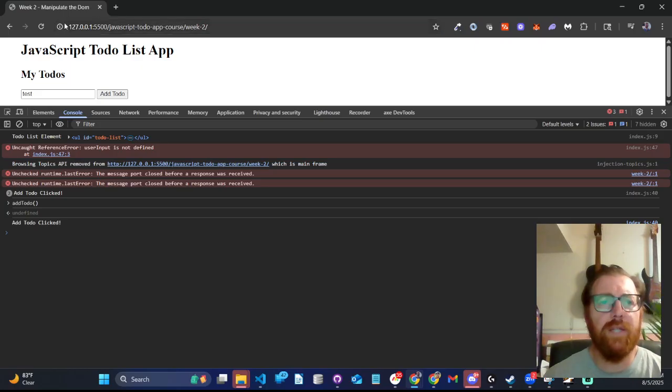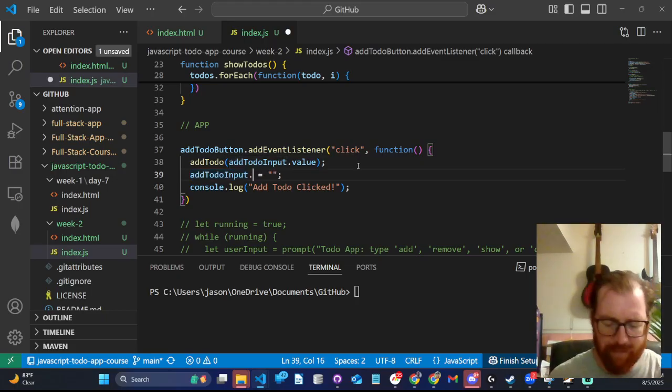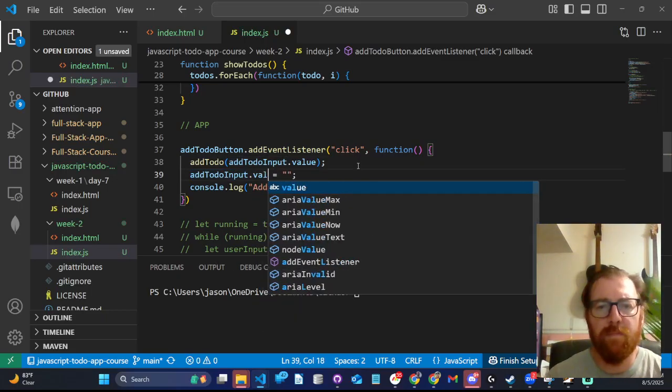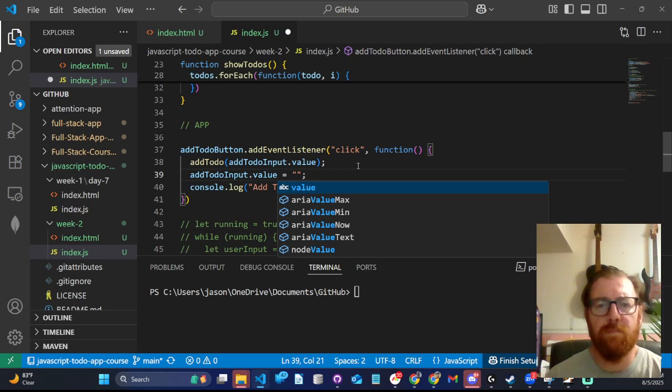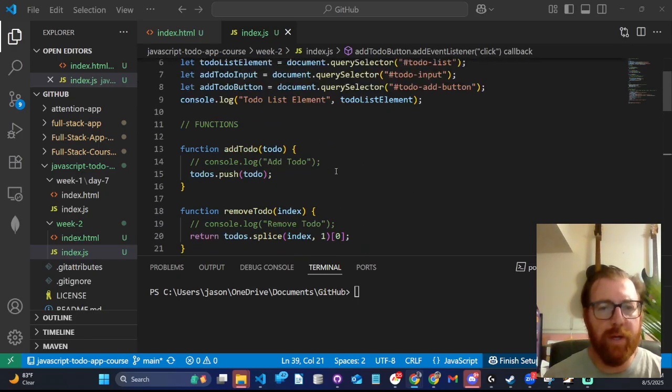But why isn't it setting the input value? Like this should be cleared. All right, so add to do input value. Test add to do. Okay. I need to set the value to blank. So theoretically, I added the to do, but I need another button